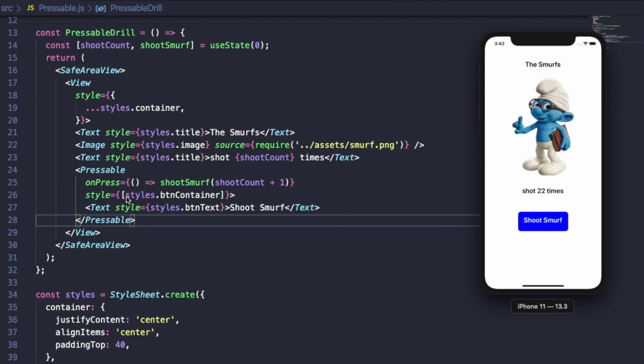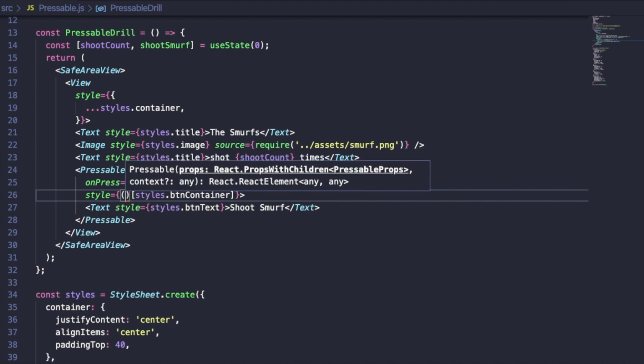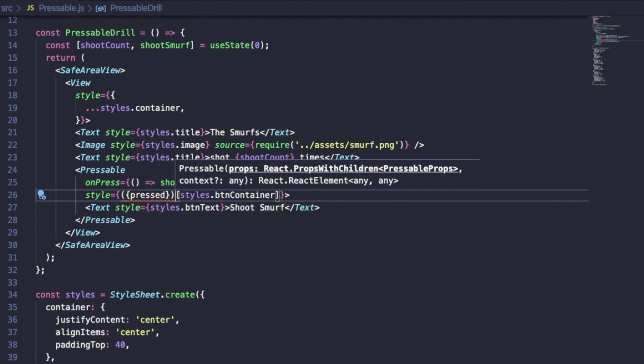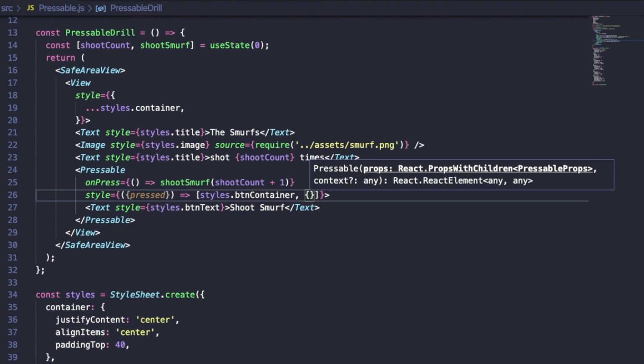For that, it provides a callback function, and inside the callback function it will give us a press state. So let's use that press state. Now, based on this press state, we will change its background color.